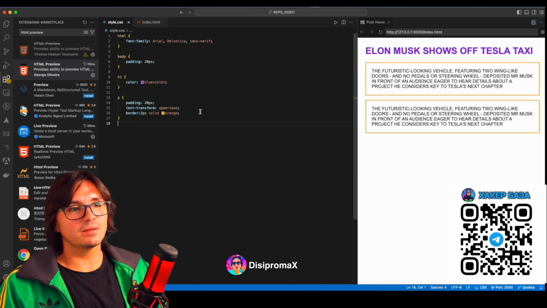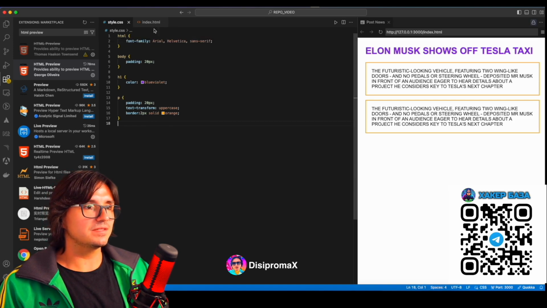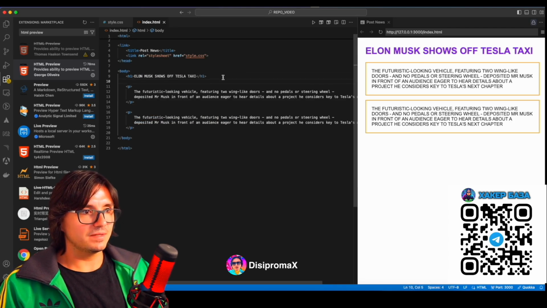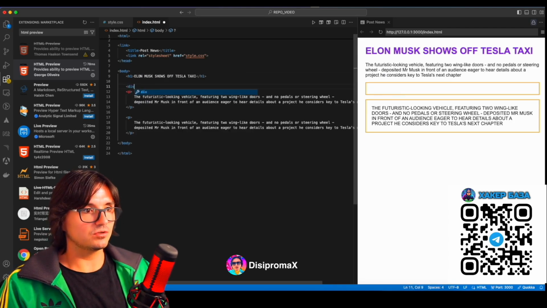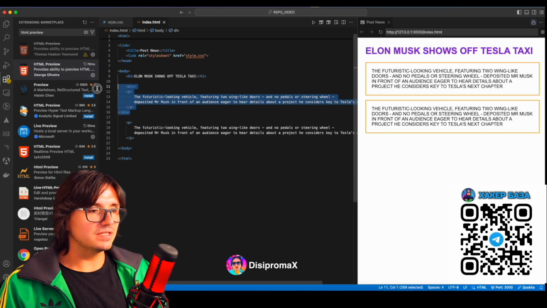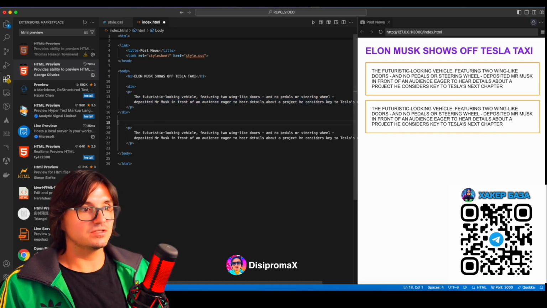Because using P as a block is not quite correct from a semantic point of view. Semantics is the foundation of how an HTML page should look. So you need to wrap this P in a block like this. Just don't think about it. Now I will format all of this. Don't think about why this is, like matrices, why it needs to be like this. So I will highlight all of this now.